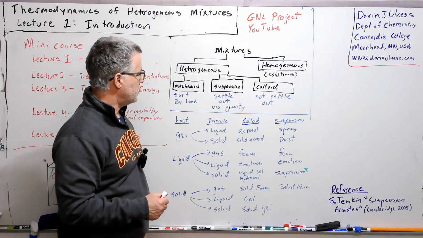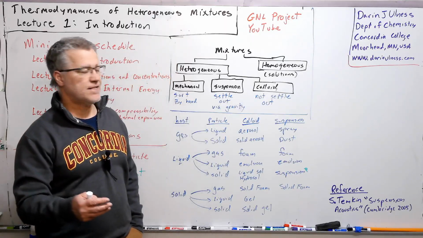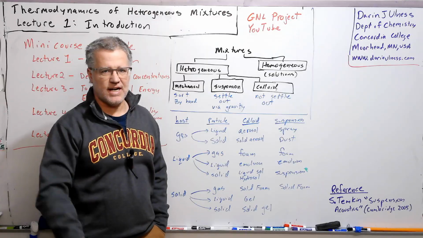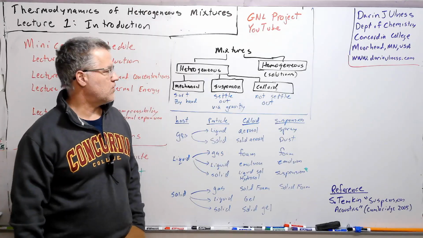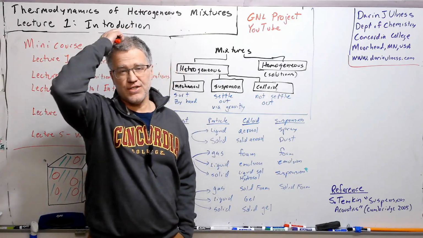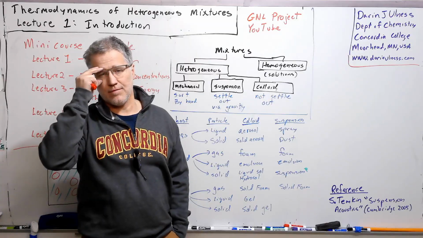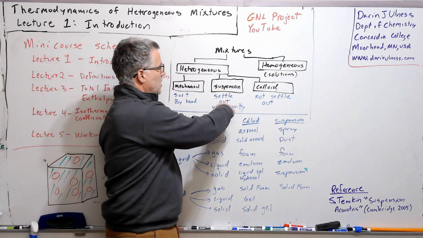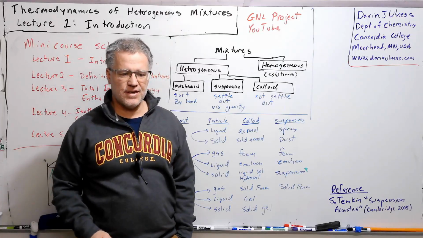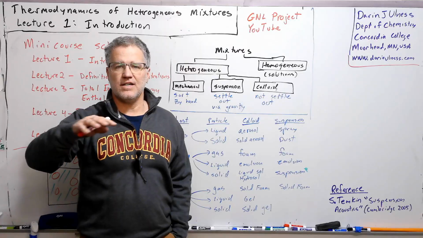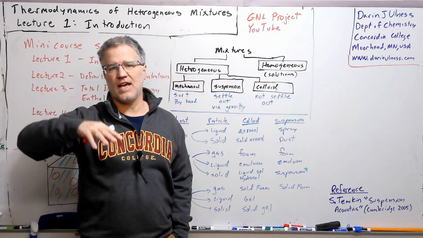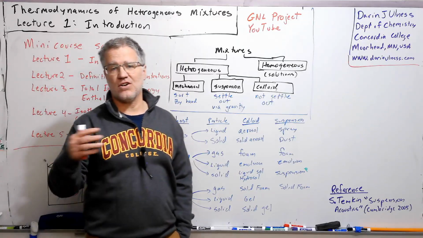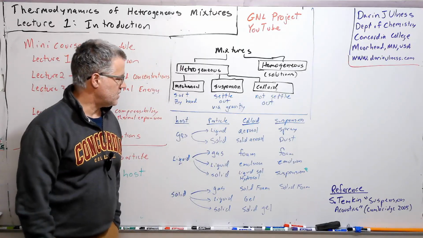A suspension then and a colloid are ones where you can't do that, and they separate themselves by a colloid will essentially persist indefinitely in Earth's gravity. So milk is an example of that. Milk isn't going to settle out at the bottom of the container. Then suspensions are kind of in the middle here. So that's if you were to shake up some salad dressing, you get a suspension of the oil in the water, and then that will separate out based on their different densities via gravity. Now, sometimes it can take a very long time, and sometimes it doesn't.